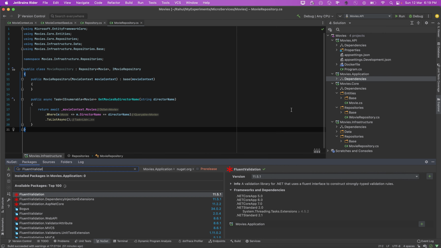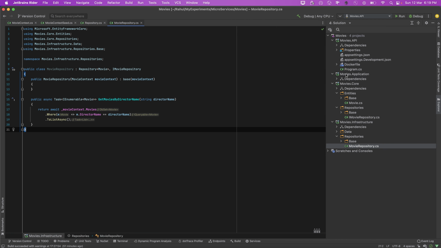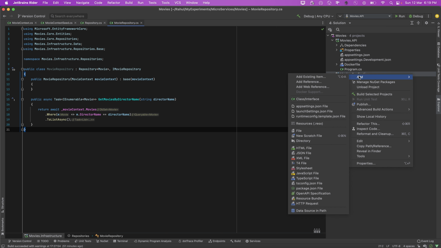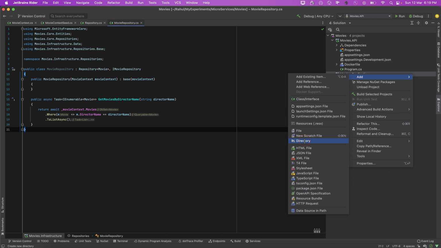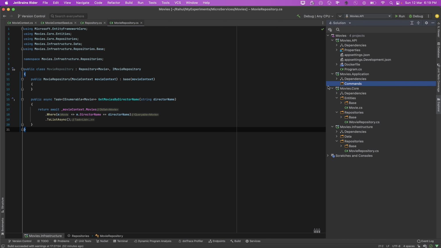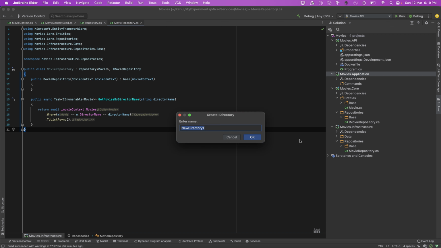So once we added these things, now what we can do here is we can simply go ahead and create certain folder structure first of all. And the first folder structure which we are going to have here is, let's go ahead and create this command itself. Let's add a directory over here, and let's say commands. We are going to need all the queries as well, so let's have this queries,